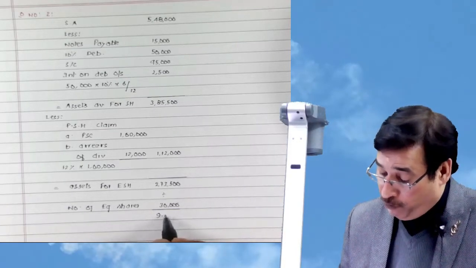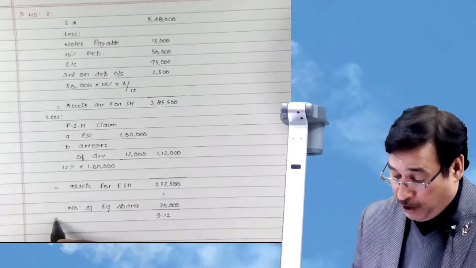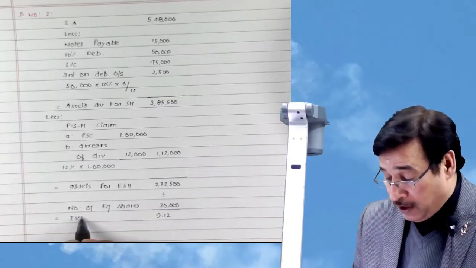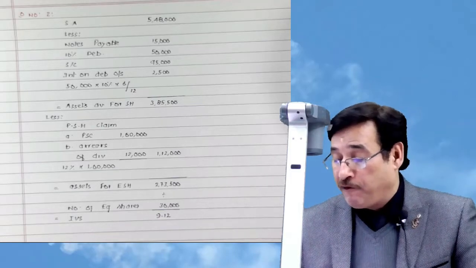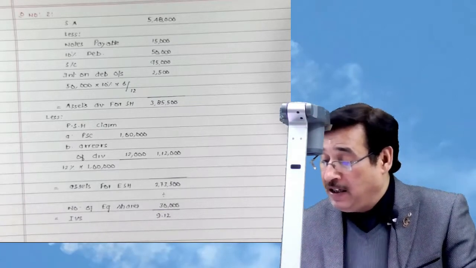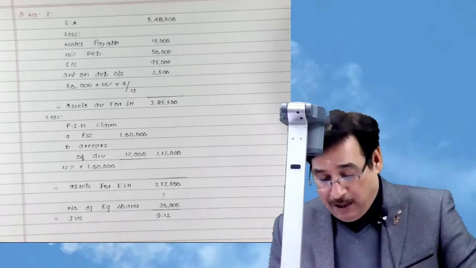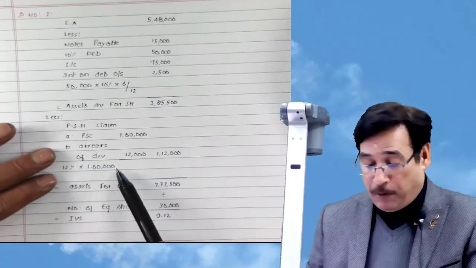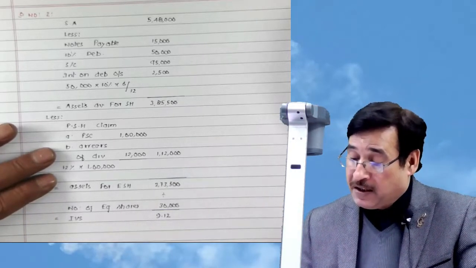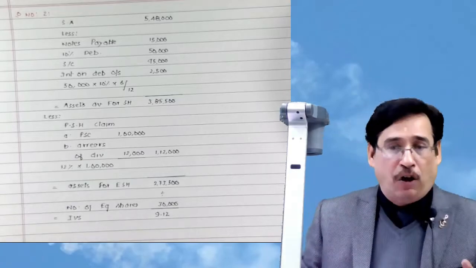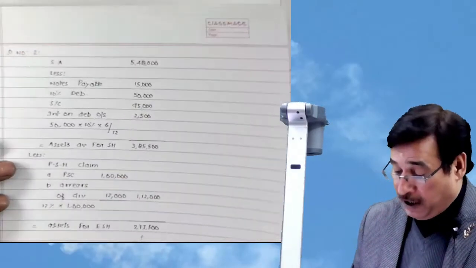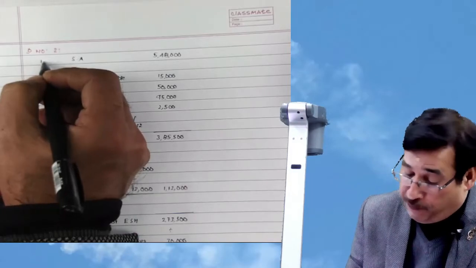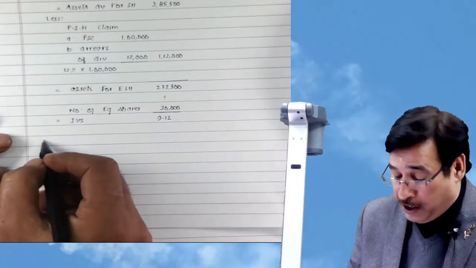It means this value which we are getting, and mostly we will compute intrinsic value this way only. However, in this question, this is answer number 1. Why? Because the question states, find out the value if preference shares are preferential as to capital and arrears of dividend are payable in winding up. Indirectly, it means preference shareholders have a preferential claim. And later on, the question states that if preference shares are preferential as to capital, but arrears are not payable, in the second case, this is your answer to the first part, correct? This is the answer to the first part of the question. If you want to deliver the answer to the second part,